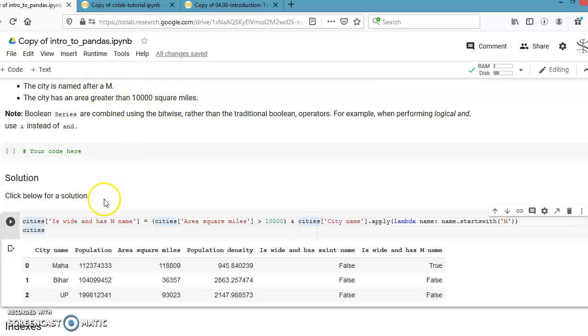Name should start with M. Okay, now the city's area in square miles should be greater than 10,000, and cities['City name'].apply, that should be lambda name: name.startswith('M'). Now we run that, and see what we get.